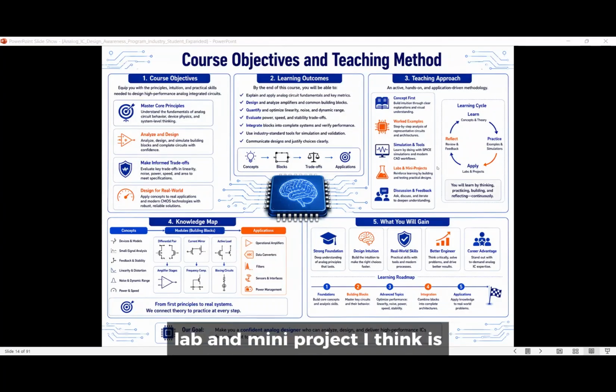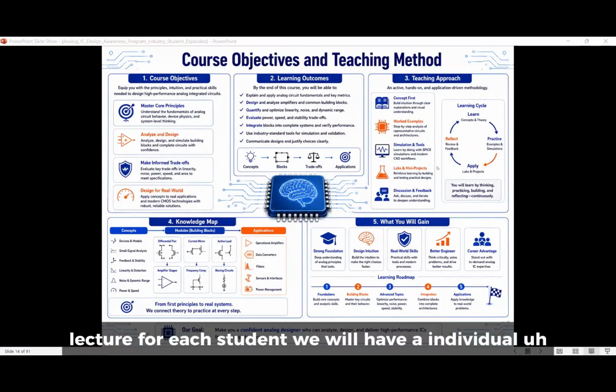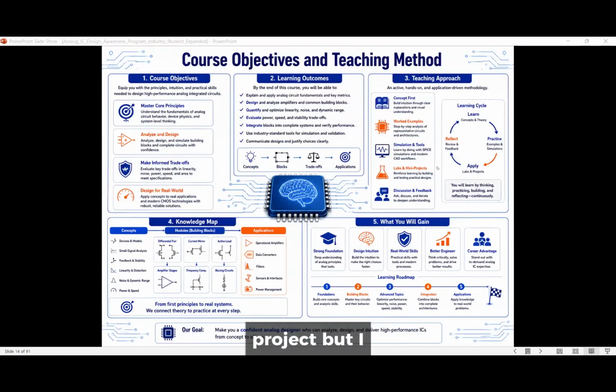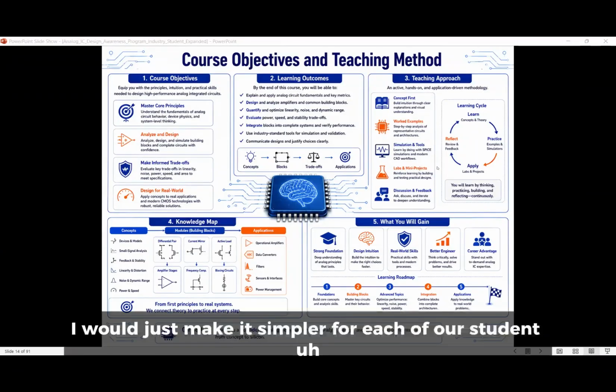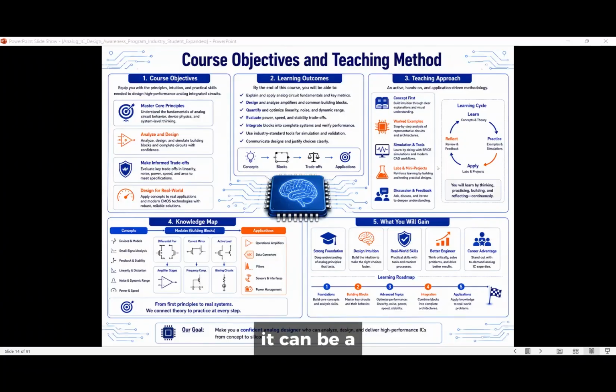And then this lab and mini project, I think, is at the end of this lecture. At the end of this lecture, for each student, we will have an individual project. I think it's not a very difficult one. I would just make it simpler for each student. It can be an open loop